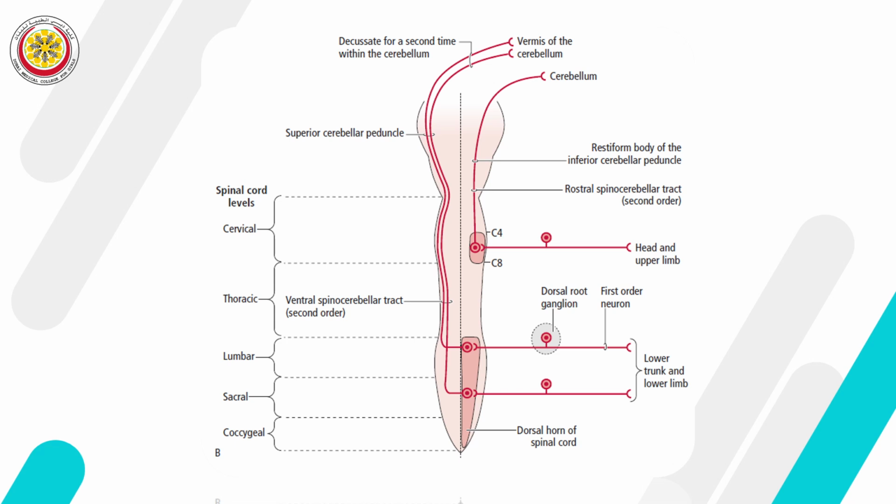Look at this diagram very carefully. The fibers of the second order neurons cross to the other side. They ascend, then they cross back. So functionally speaking, they are ipsilateral. The tract is contralateral, but functionally they start on this side and they end on the same side. While the ones of the head and neck and part of the upper limb are ipsilateral, and they go directly. These ones form the rostral spinocerebellar tract.